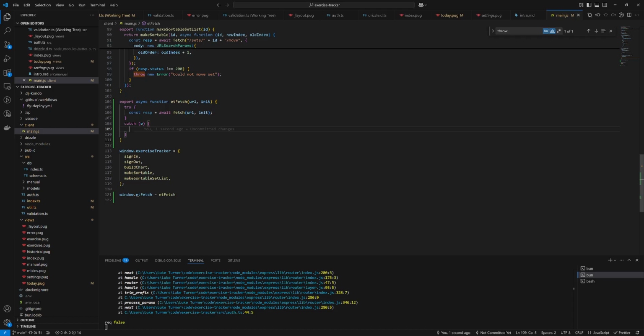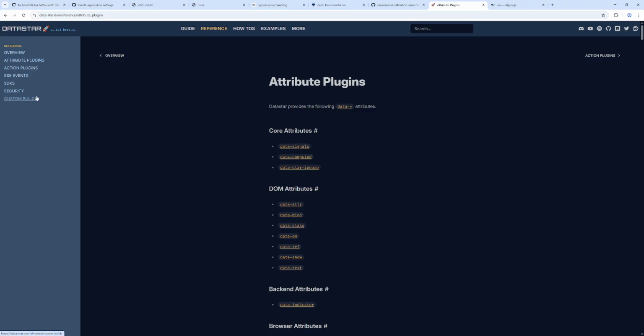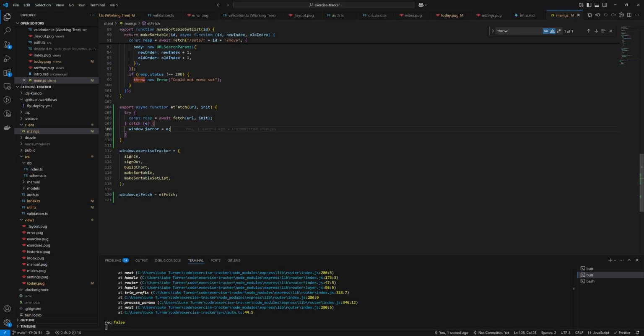Because what we would want to do is almost like window dot error equals E. But I don't think that actually works in Datastar. Then if we reference something like $error at some place,